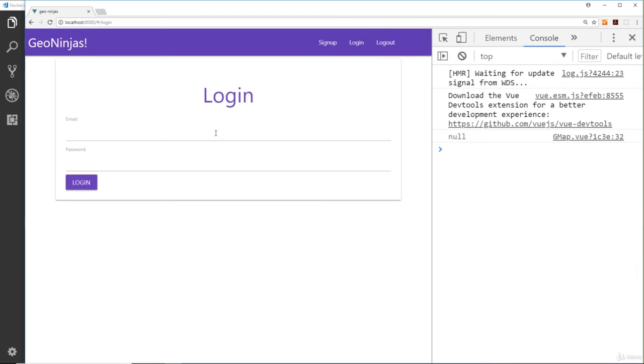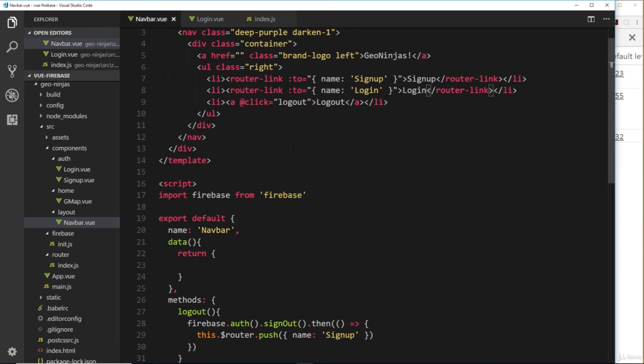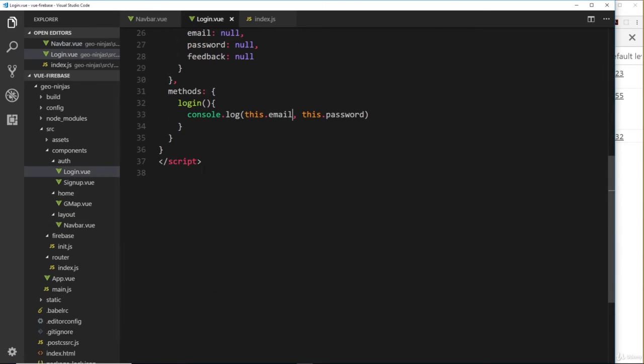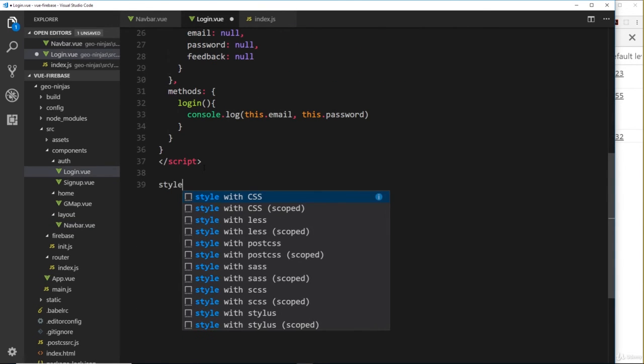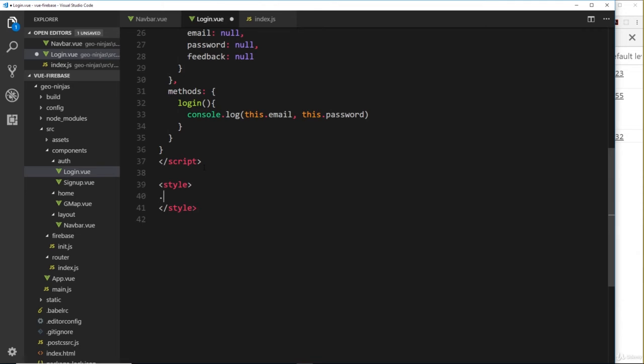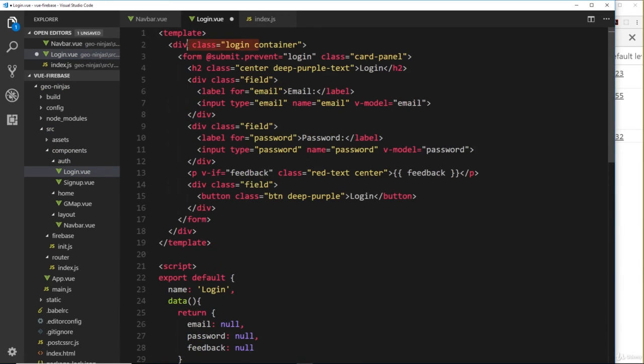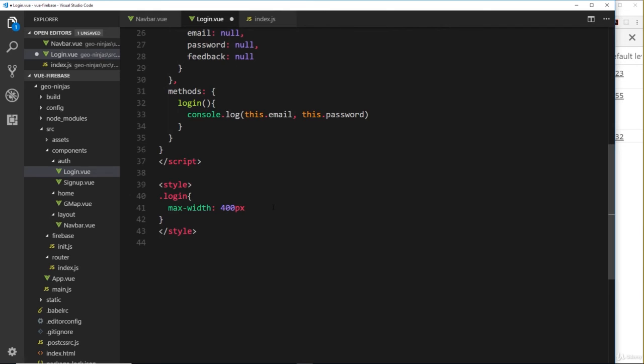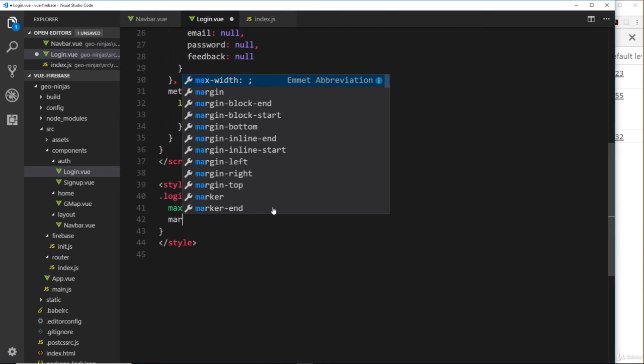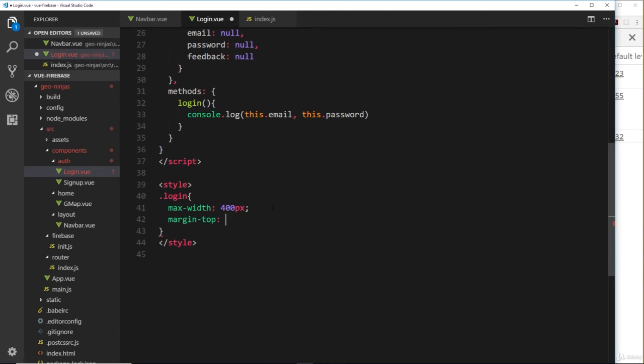So first of all, I'd like to add in a couple of different styles. So let's head back over to the login component. Down here, we'll do a style tag. And in there, we'll say login and give a max width of 400 pixels. So this is the surrounding div up here. Okay. Next, we want to give it a margin top of around 60 pixels to bring it away from the